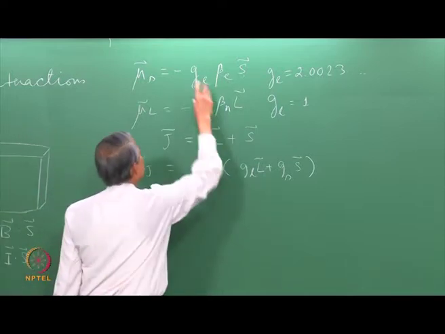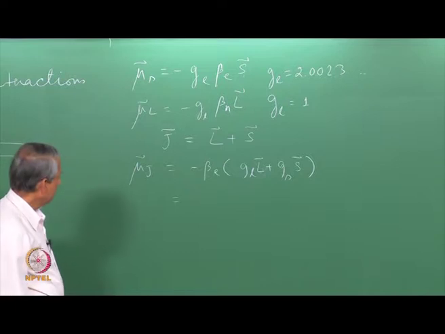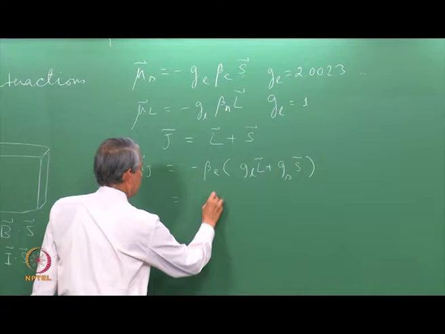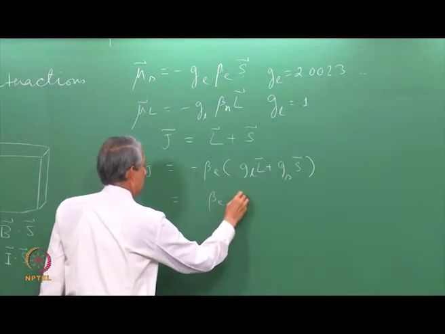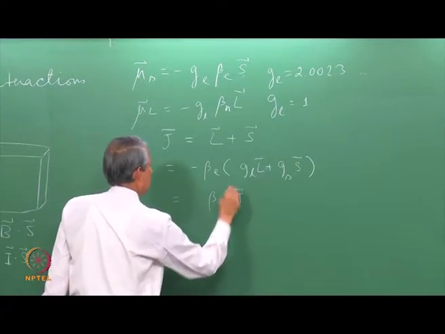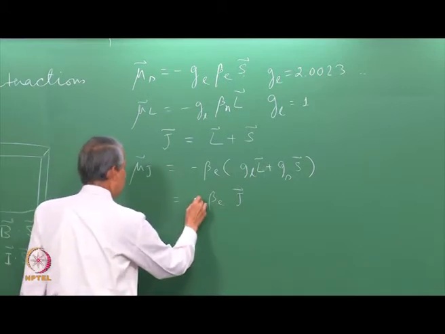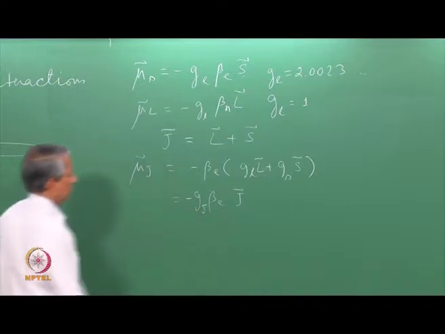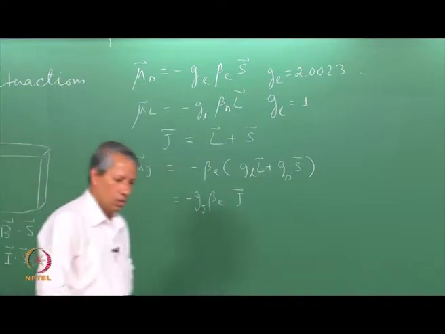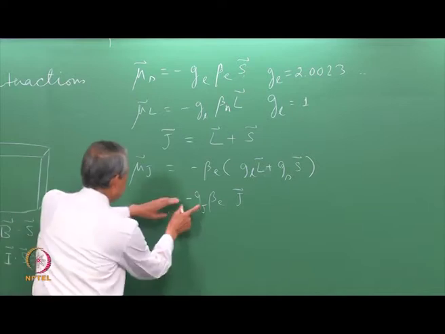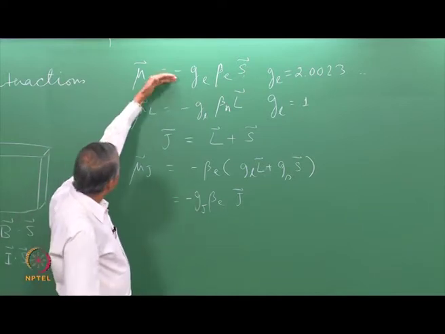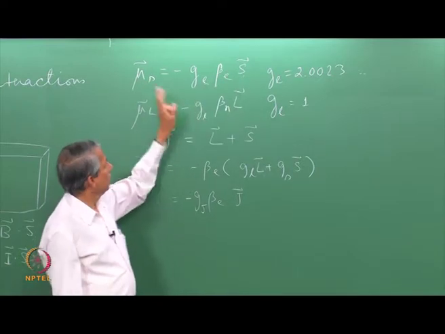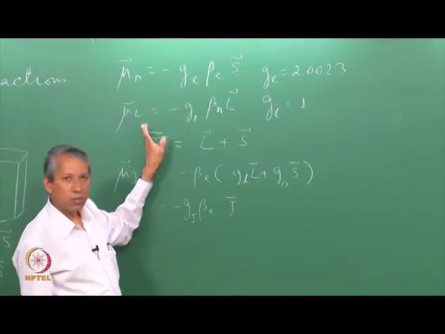By analogy of these two equations, I am tempted to write something like, let us say, this angular momentum and some sort of g factor, let us call it g_J. This is written strictly on the basis of the similarity, that S gives mu_S, they are parallel to each other, L gives mu_L, again parallel to each other.